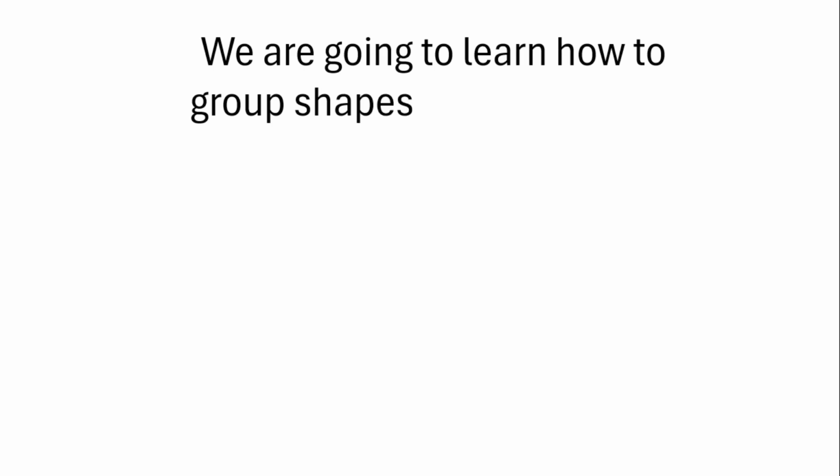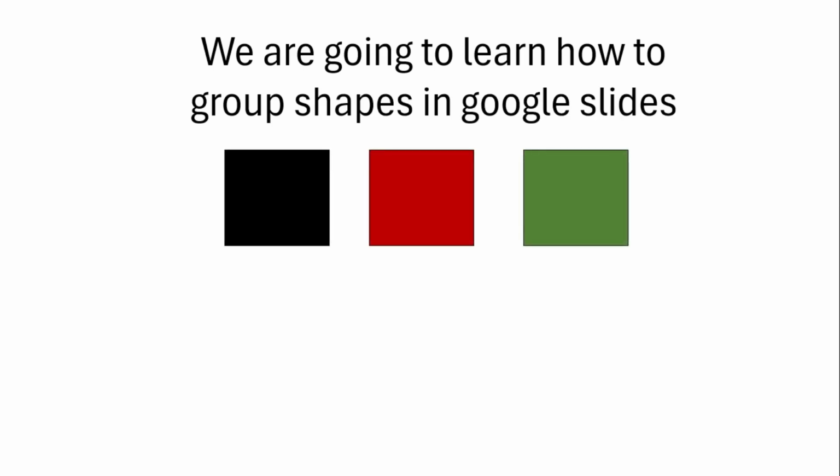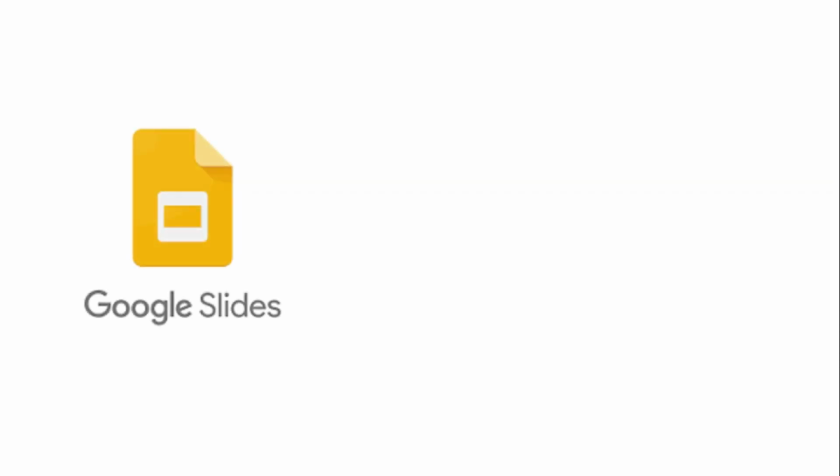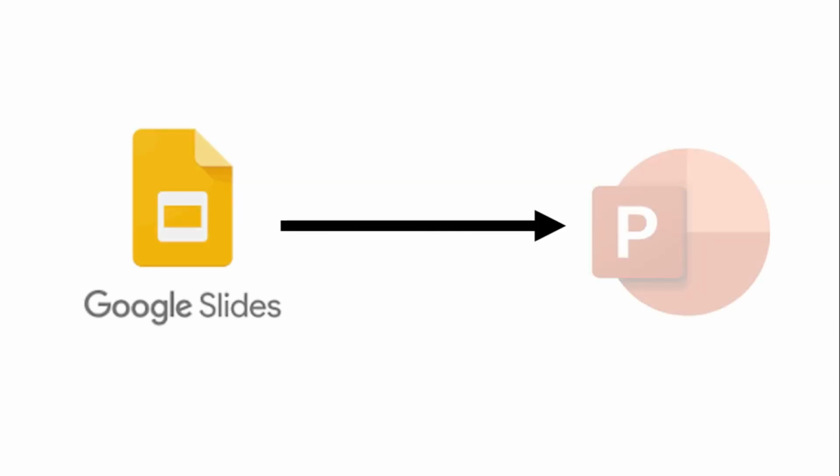We are going to learn how to group shapes in Google Slides, and this can be applied to pictures and also text boxes. Now, Google Slides is an online version of Microsoft PowerPoint, and it is used for creating beautiful and outstanding presentations. So if you don't have Microsoft PowerPoint on your desktop or your computer system, then you can utilize Google Slides, which is an online version, to create your presentations, which is so similar to the desktop